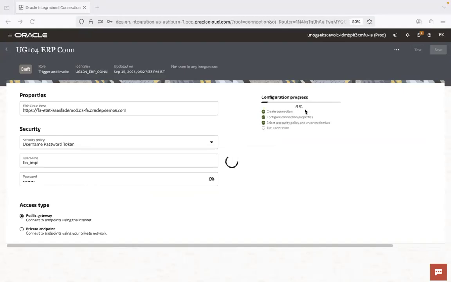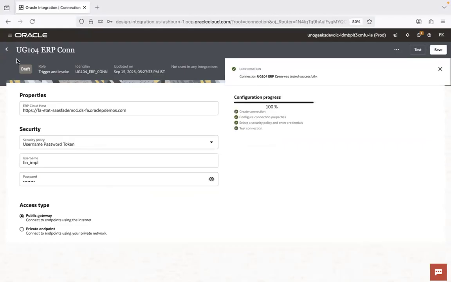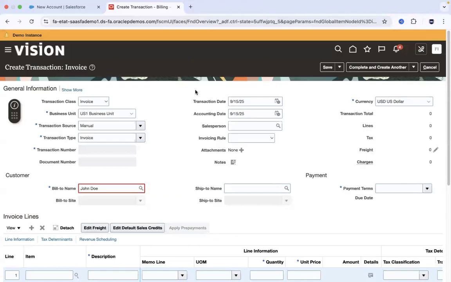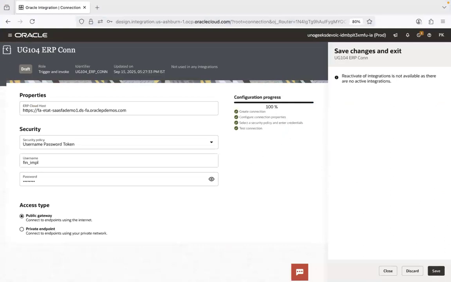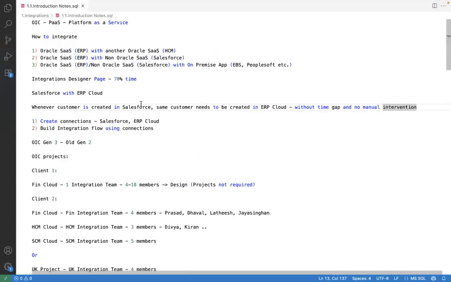Which means going forward, I can use this ERP connection in the integration flows to talk to ERP cloud. What do I mean by talk to ERP cloud? You can load data into Fusion Cloud using SOAP or REST APIs. You can do data extraction. You can basically do anything you want in Fusion Cloud with the help of the ERP connection. Go ahead and save the connection. So this is step number one: before you build any integration, understand what systems you need to talk to. From OIC, you need to establish connectivity with those systems by creating the relevant connections, picking up those adapters. And once the connections are ready,